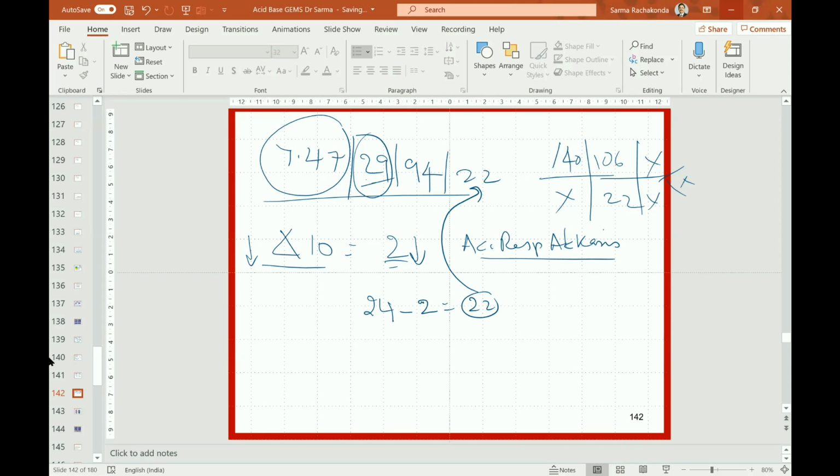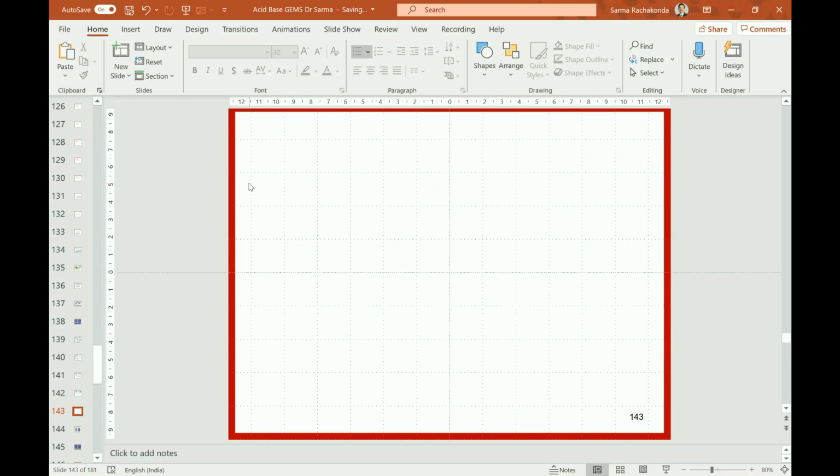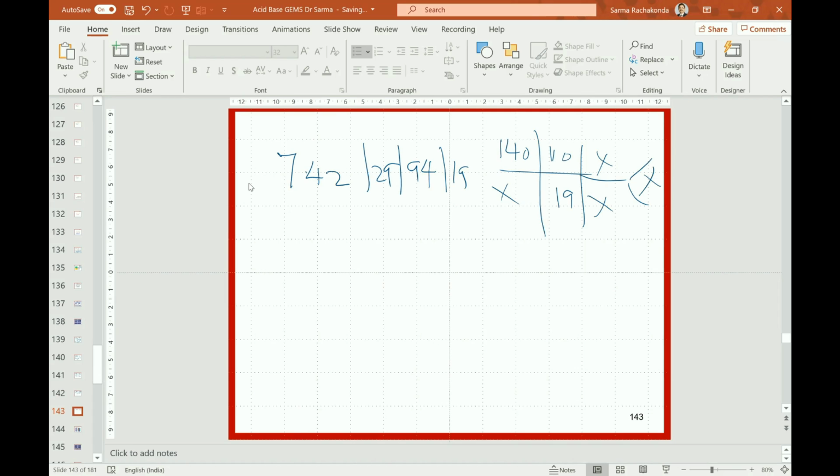Okay, we will take one more example. One other doctor will open now. Now, take this 7.42, 29, 94 and 19. For completion, set the other value 110, 19, dummy. Okay, let's write clearly: 110 and 19, 94, 29, 90. Now, which doctor has opened? Sir, good morning, sir. Very good, Amulya.